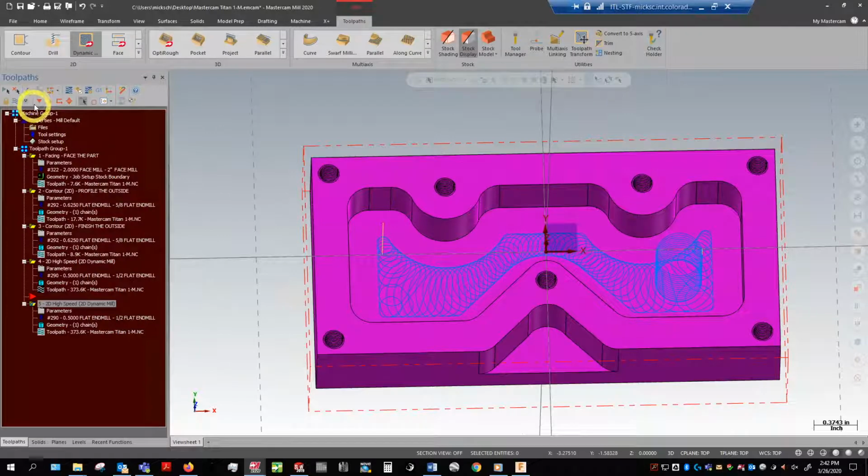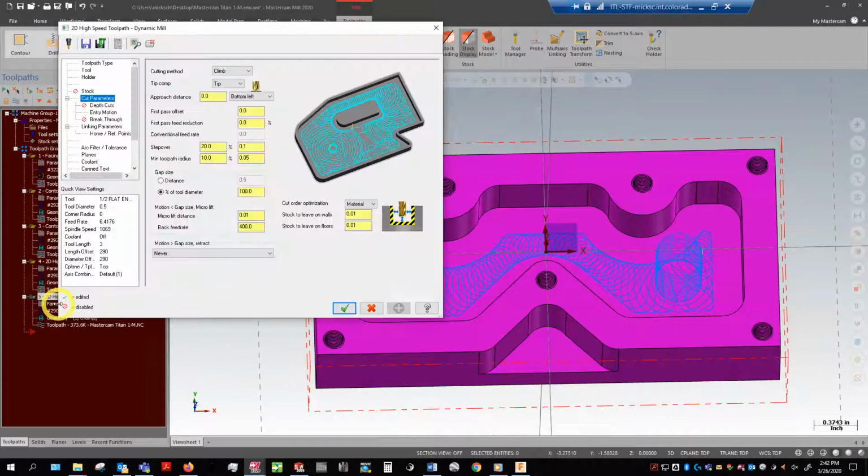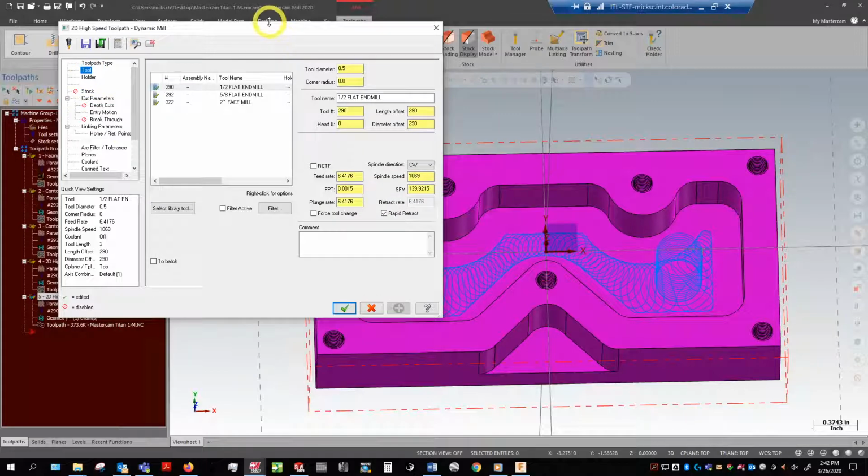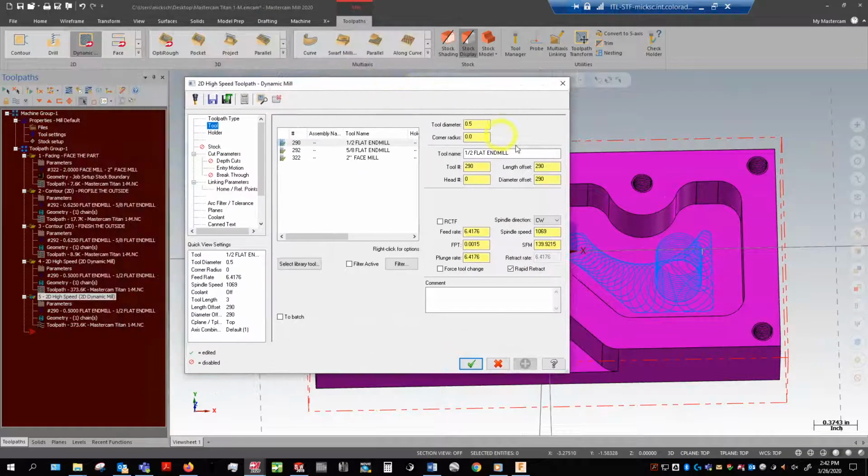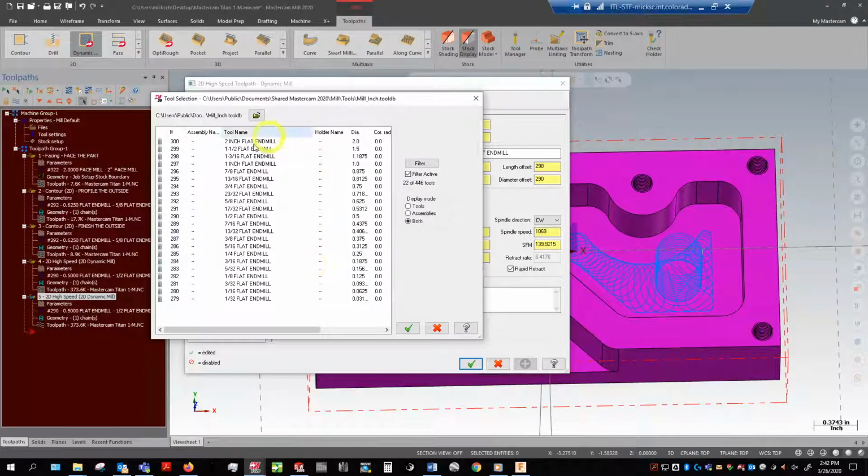Move that arrow down again. We'll go and figure out what's going on here. Okay, so I know that the diameter of that corner there is 0.39. So let's go ahead and use a 3/8 flat end mill to come in and finish the walls of that. So let's go ahead with the 3/8,